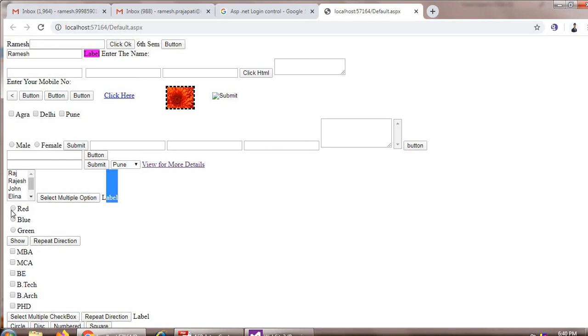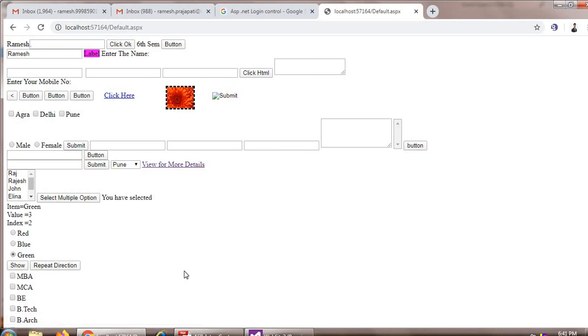So I select red, blue and green. If I select green and click the show button, it displays: you have selected item green, its value is 3, and its index is 2, meaning 0, 1 and 2.